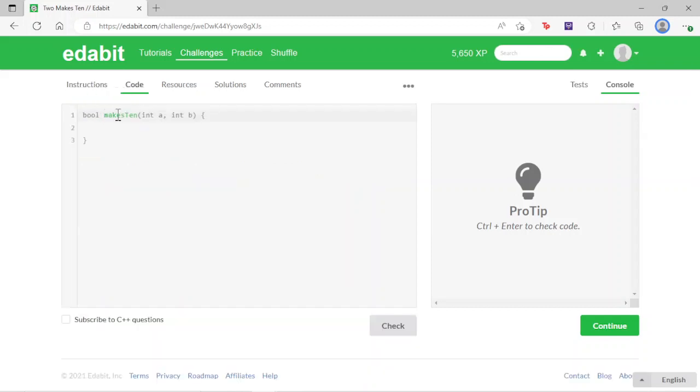Okay, let's go to the code tab. As you can see, it's a bool function, so we're going to return true or false. And again, these are the arguments inside the function, int a and int b. So what we're going to do is use an if-else statement. So if a plus b, which are the two arguments, equals 10,